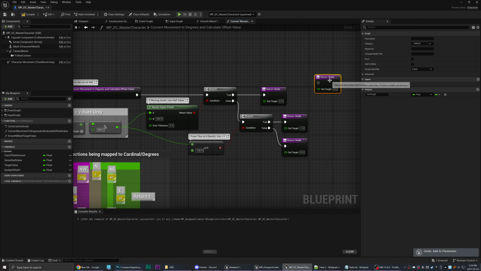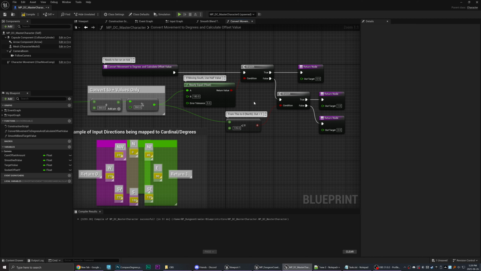So if we are moving south, give it an output of 0.5. If not, then we check our range. So this is the range from 0 to whatever this value is. So from 0 to 135, if it's within that range, then we're going to output 1.